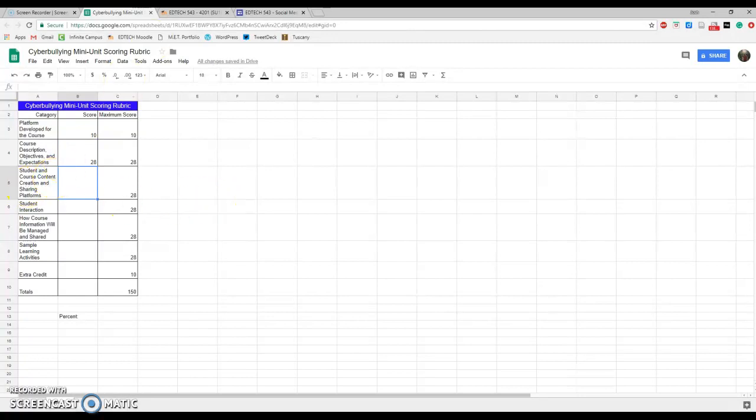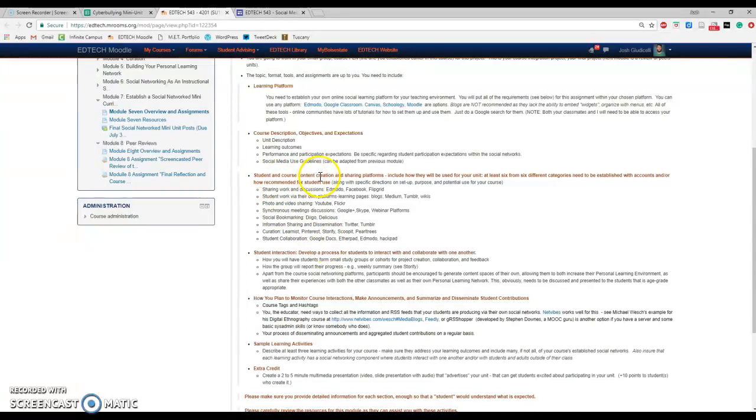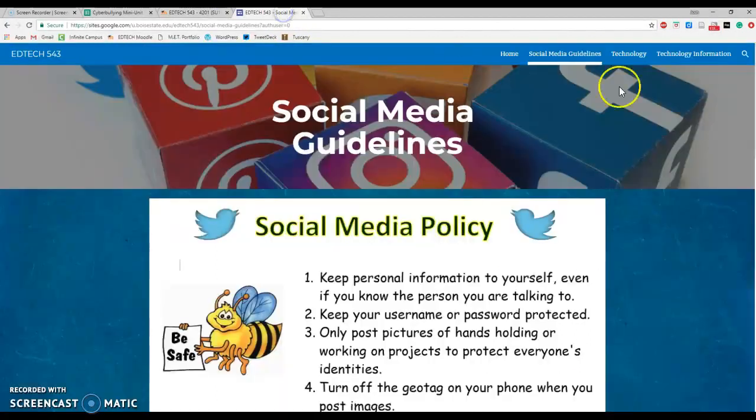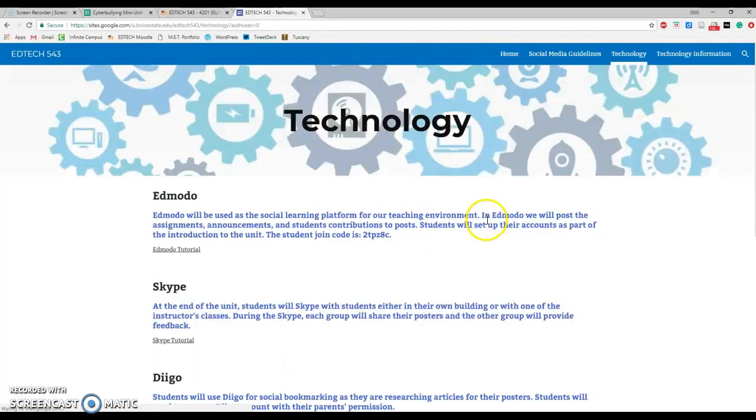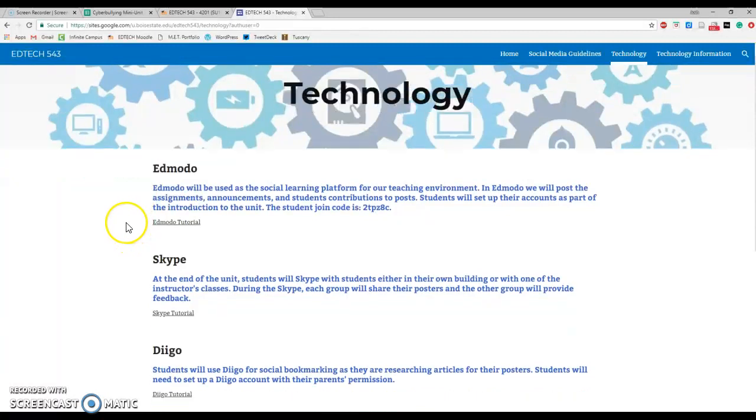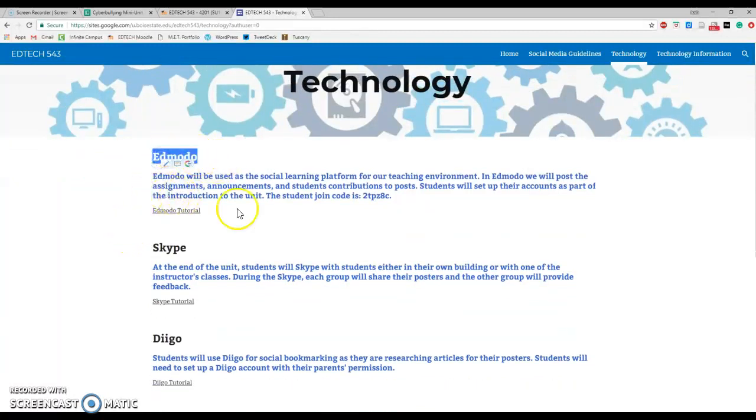And then next we have the student and course content creation and sharing platforms. There needed to be six of these sections utilized, and there needed to be 6 platforms. Going through here, this technology page shows what technologies and platforms are going to be used. For sharing and doing work discussions, Edmodo is going to be the main hub. It's going to be where everything gets turned in. Students are going to go in and use this class code to sign up, and that's going to be